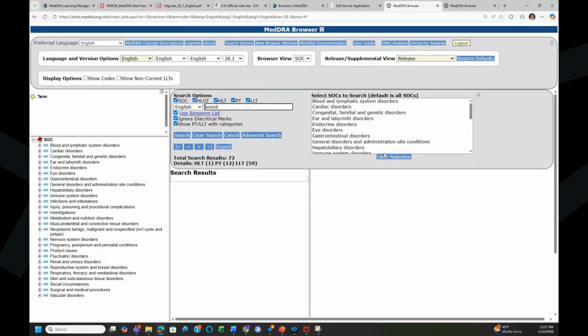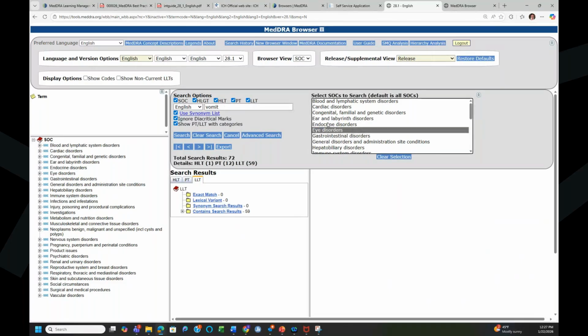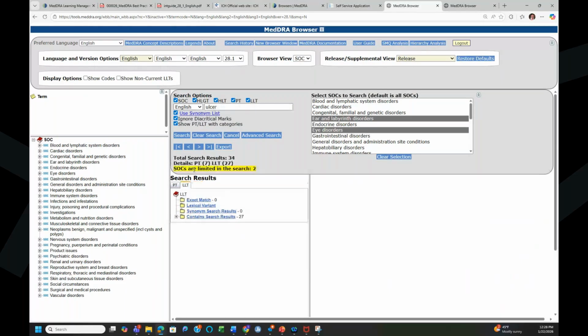Can you do more than one? Yeah, you can do more than one. For example, if I'm looking for eye and I hit shift and I do ear, I'm catching everything in between. Or if I do eye and I hit the control button, I can pick eye and ear. So I can do a selection of system organ classes, 1, 2, 3, however many I need. So if I'm looking for an ulcer, not just in the eye, but also in the ear, and I hit search, now I'm getting